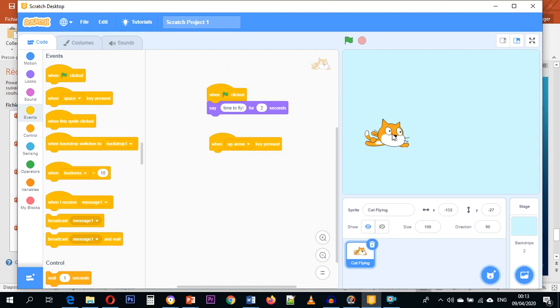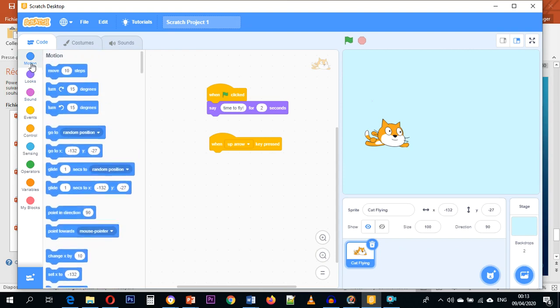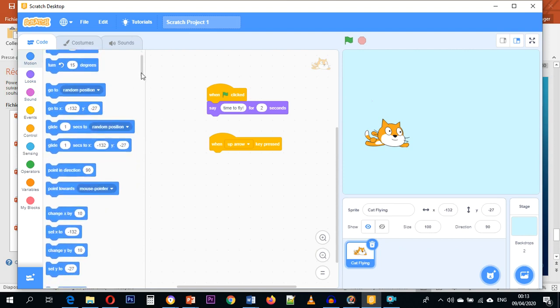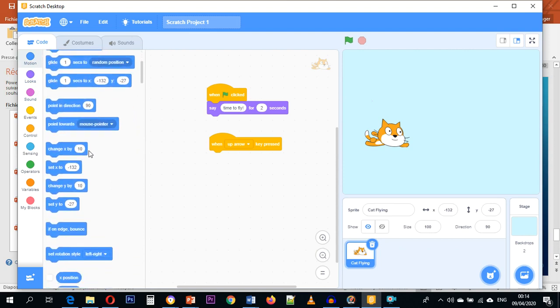we want our sprite to change the coordinate by 10. So we are going to motion, we want it to change x by 10. Let's go for change x. This is it. Change y, sorry. Change y by 10. This is it. Now, this is what will happen when I press the up arrow. You see the way it's changing,